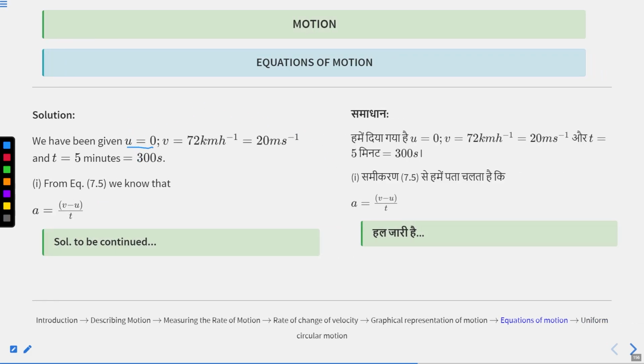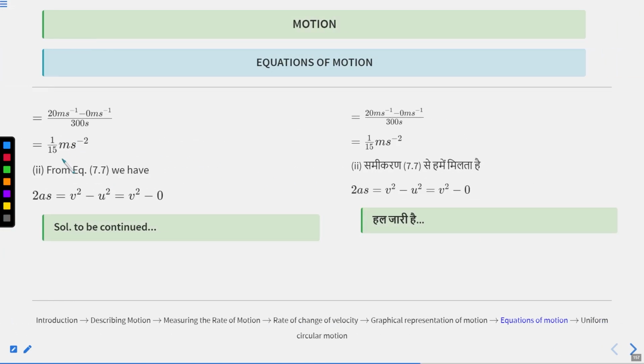So the train begins from rest. So initial velocity is 0, final velocity is 72 kilometer per hour. We will change kilometer per hour into meter per second by multiplying by 5 by 18. So in meter per second, the answer is 20 meter per second. Time given is 5 minutes, which is 300 seconds. We will use the first equation of motion, which is v equals u plus at, to calculate acceleration. v is 20, u is 0, and t is 300. We will put all the values and we will get acceleration as